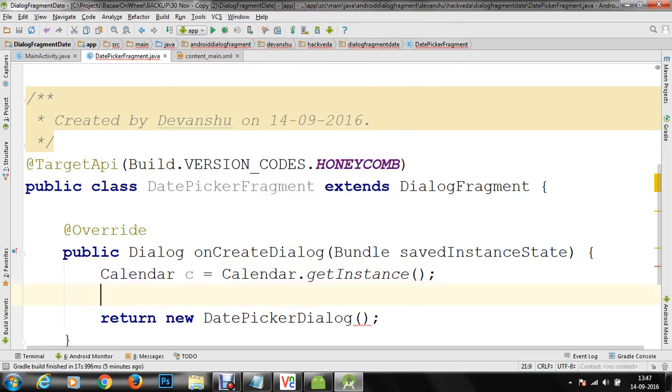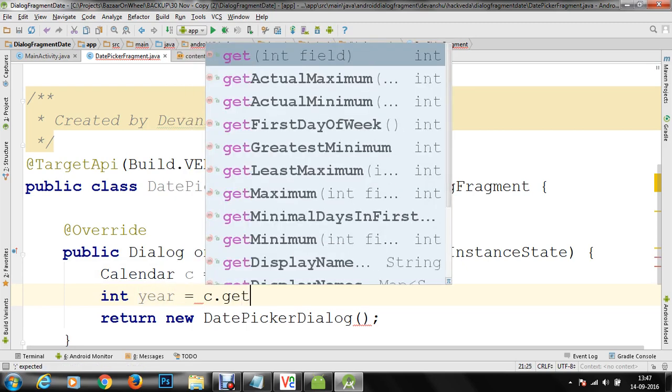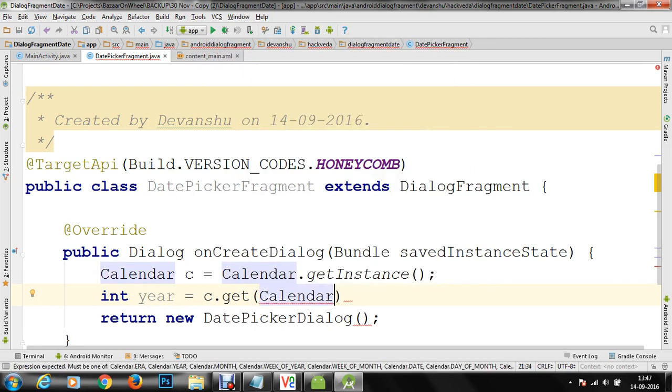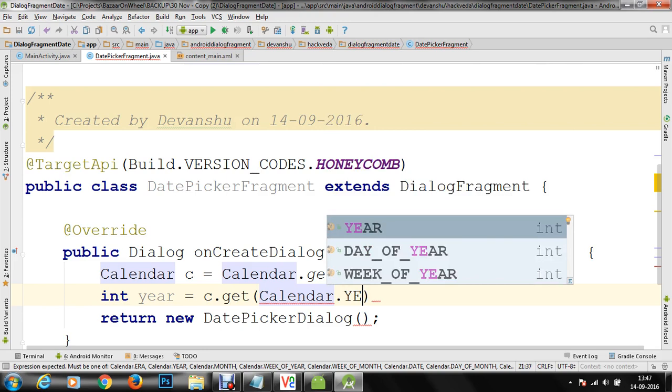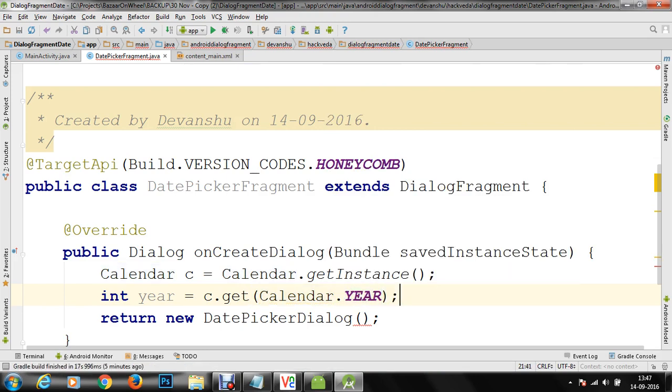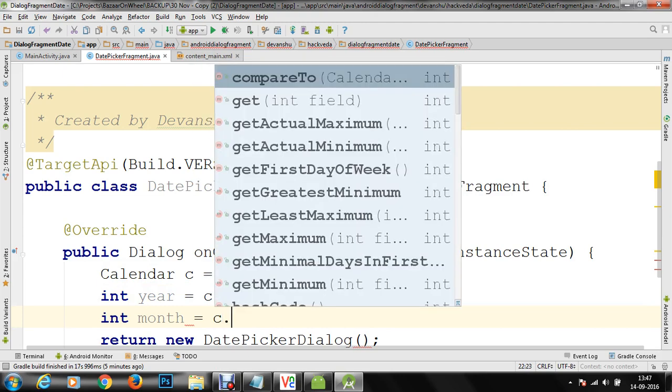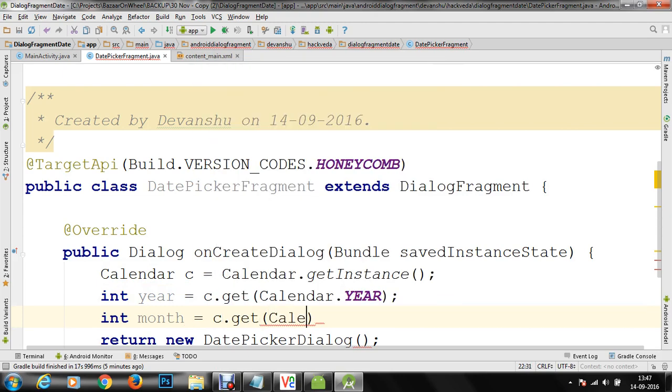Once you have got the instance, we are going to create a year, and we are going to get the year from the calendar object using the method get, and we are going to pass in the static constant to refer the current year using Calendar.YEAR. Second, you need to get the current month, and this we can get using c.get, and you have to get that using Calendar.MONTH.